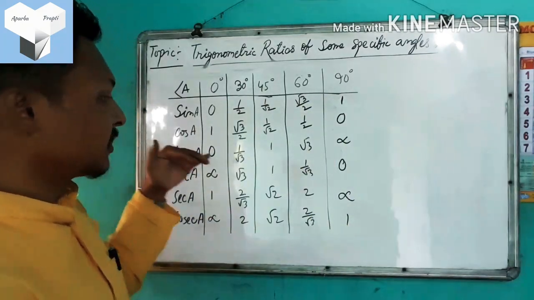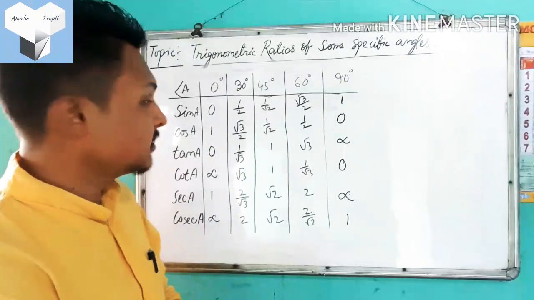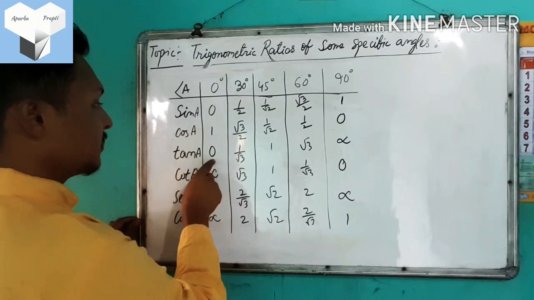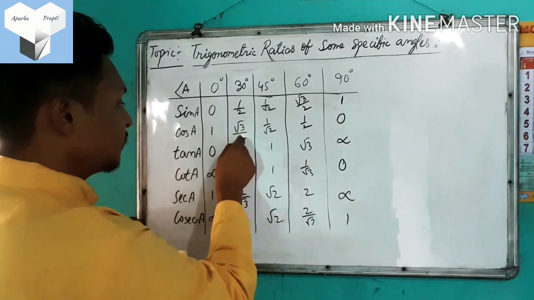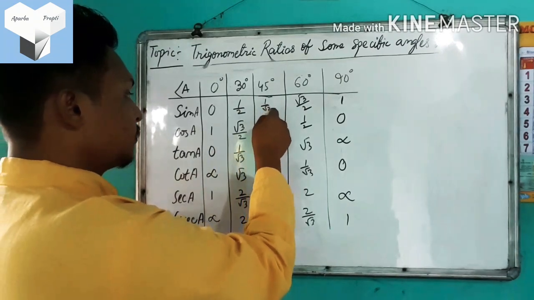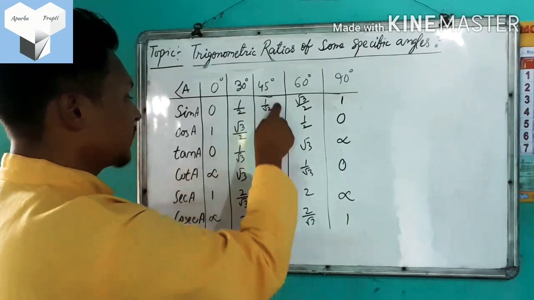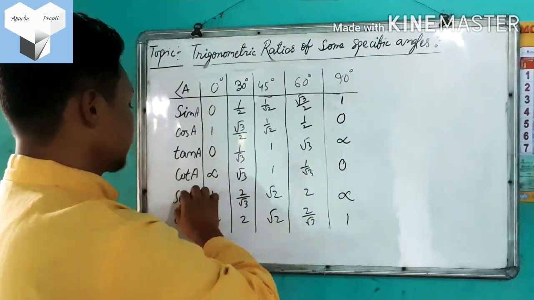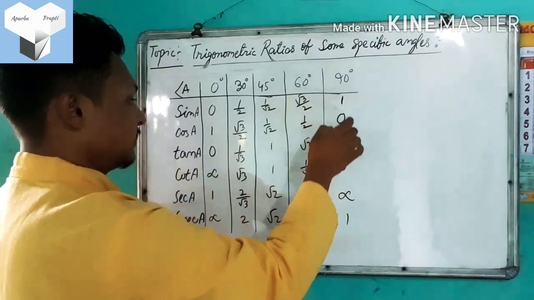Next it is the line for tan. Tan is nothing but sin theta by cos theta. That means divide this one simply. So 0 by 1 is 0, 1 by 2, that means half divided by root 3 by 2, 2 cancels, remains 1 by root 3. In the same way, 1 by root 2 divided by 1 by root 2 remains 1, which is the value of tan 45 degree. In the same way, we have found the value for tan 60 degree and tan 90 degree.